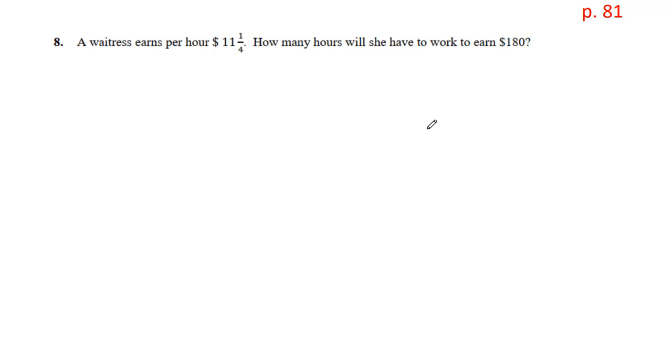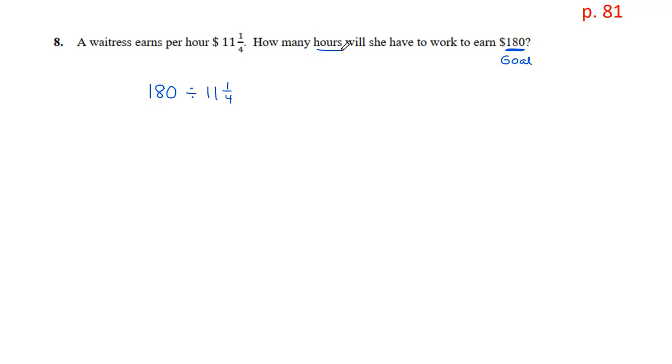Number 8, a waitress earns $11.25 per hour. How many hours will she have to work to earn $180? Okay, well, we know the goal. Her goal or total is 180. So if we multiply, we're just going to get bigger than that. So this is a division question. Every hour is the same. We want to meet that goal, so we're going to divide $180 by her hourly wage to get the